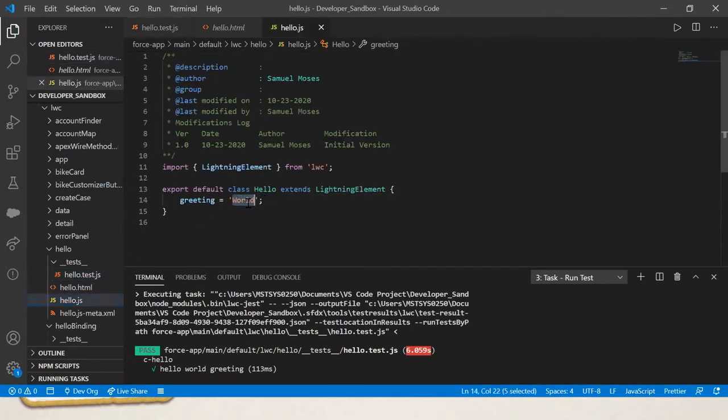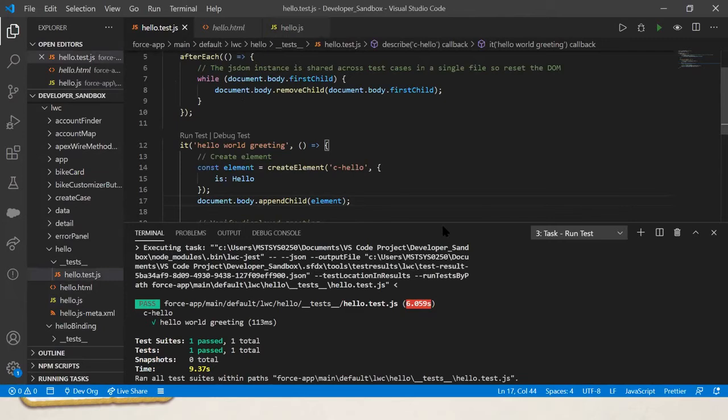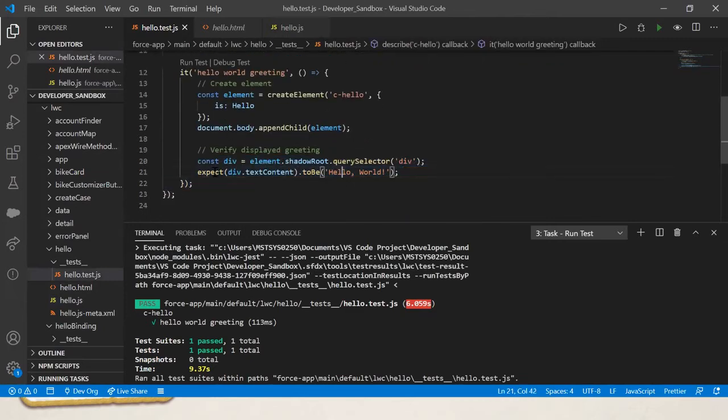To give you an idea, let me change the greeting message to test the negative scenario and how the test class fails. Instead of World, I'm just adding Trailblazer over there. Save. If I run the same file, obviously this matcher will not be met, so this method will fail. You also notice that there is no code coverage; you need not worry about that. So let me run this file in the negative scenario, and it will indicate that your method failed.